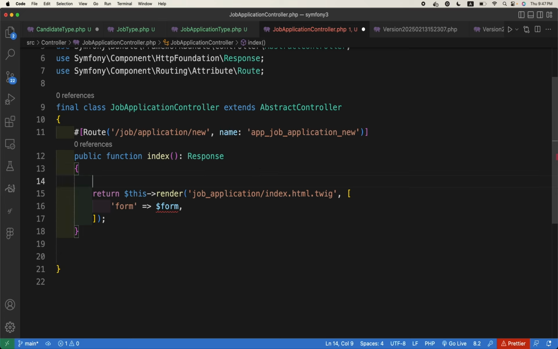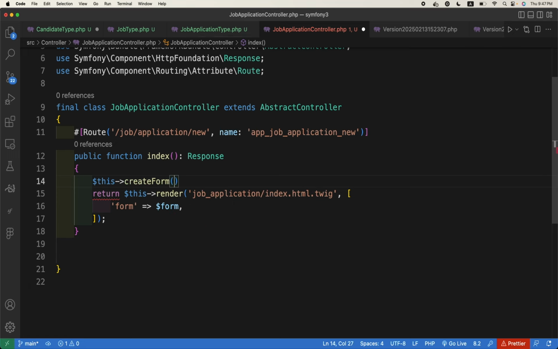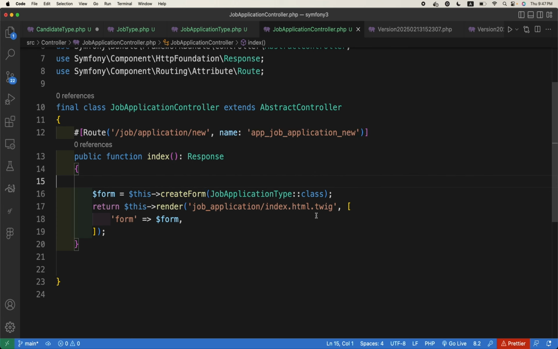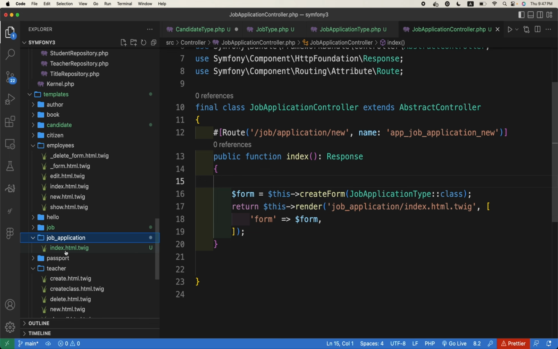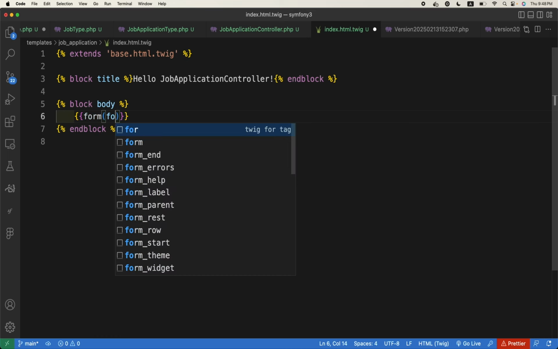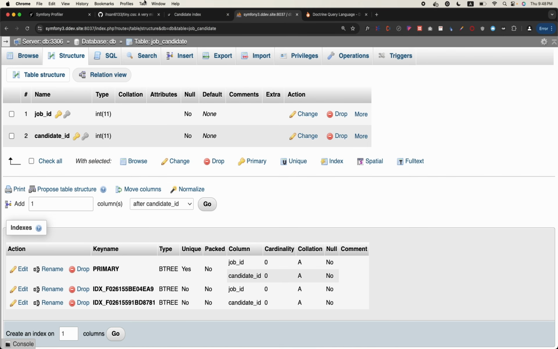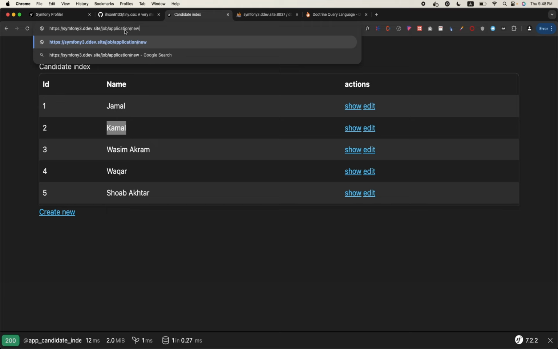Here, how to create a form: this->createForm, create form from a class. So the class name is JobApplicationType::class, and this is going to be the form. Let us not process it for now, just to check if the form is ready. So in the index.html.twig, I will just remove everything else from it and output the form. And if I go to job/application/new, and good,